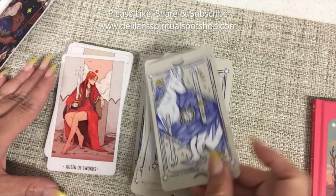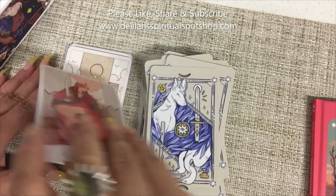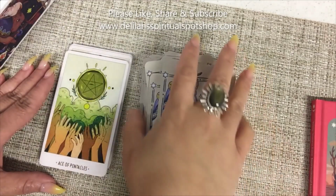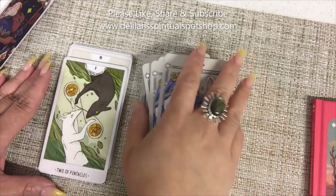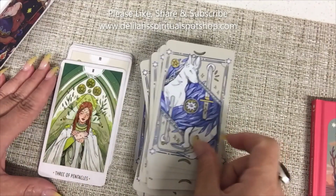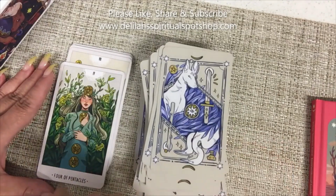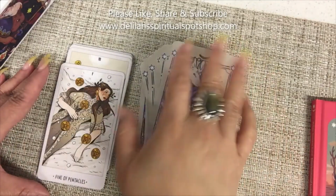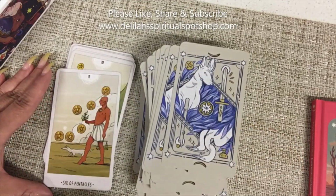9 of Swords. Queen of Swords. Awesome queen. She looks amazing. King of Swords. Look at the Ace of Pentacles. Oh, the Two of Pentacles. Look at this. Three of Pentacles, very reminiscent of Rider-Waite-Smith. Four of Pentacles, same. Five of Pentacles, Six of Pentacles,